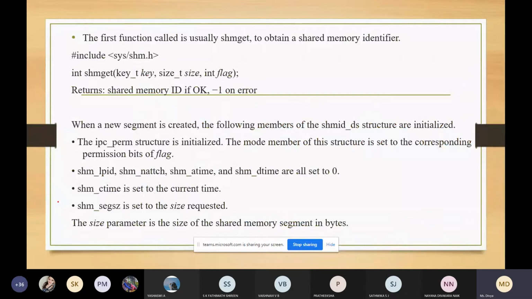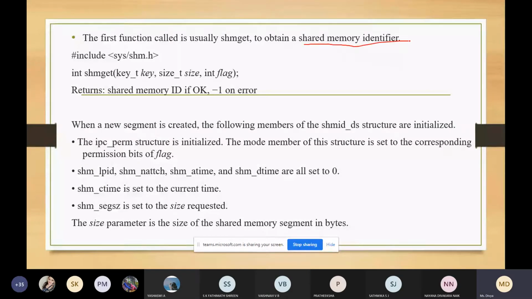Here we will be having different functions. The first function is shmget, that is shared memory get. This function is usually used to get the shared memory identifier.